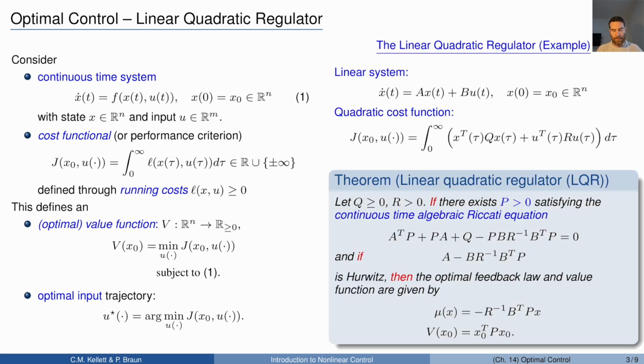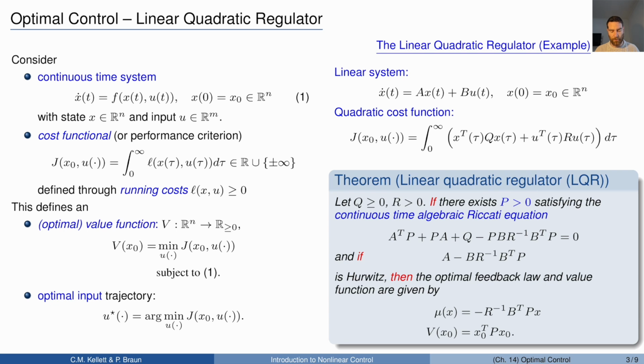For the special case of linear systems and quadratic costs, one can solve these optimization problems explicitly. So that's the well-known case of the linear quadratic regulator, where again we take the linear system dynamics and the quadratic cost functional. Then the following theorem can be stated, where if we take positive definite matrices Q and R, then the statement is that if there exists a positive definite matrix P satisfying the so-called algebraic Riccati equation stated over here,